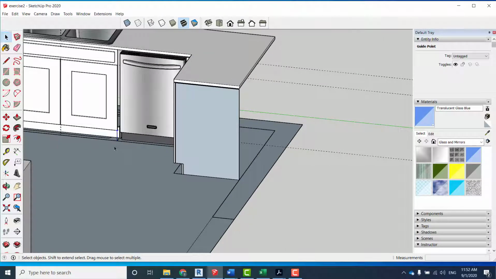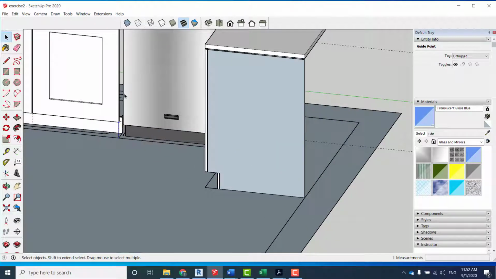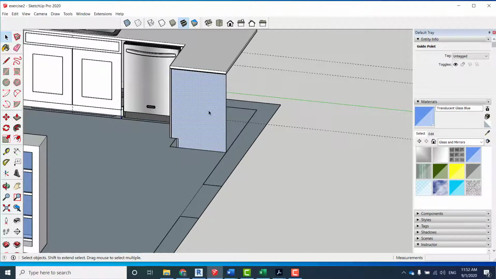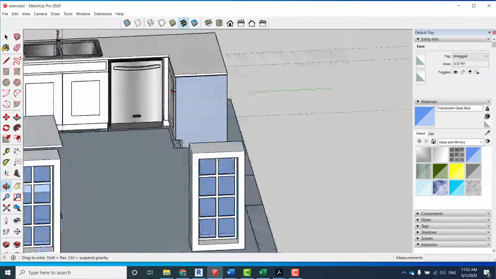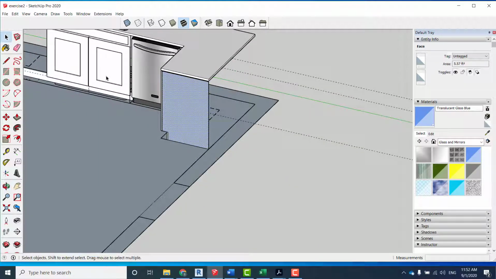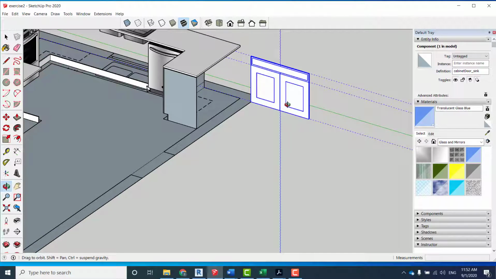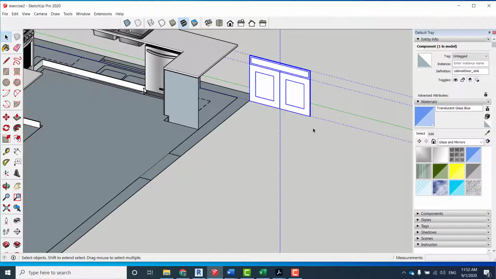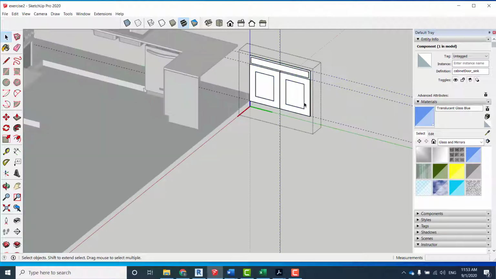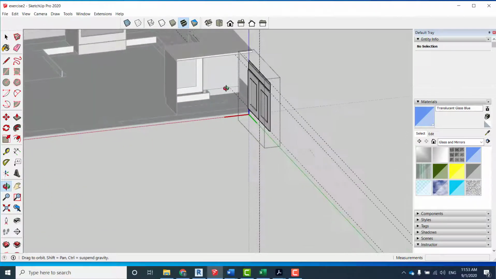And you can do that, and I realized we need the cover on that side because if you don't do that, it'll look empty. So let's get that out so we can create that cover. That is actually the side of the base cabinet. So let's create that panel so it looks more real. Okay, so double click that one, and